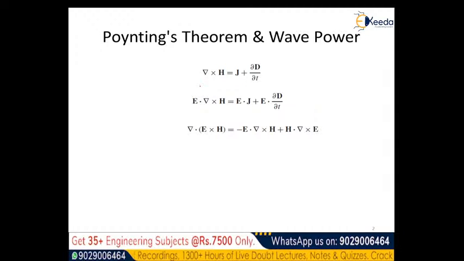So now you see this is the vector identity where we have dot multiplication with the vector spatial derivative operator denoted by del, with the bracket where we have the cross product of the two vector quantities describing the field intensities of electric and that of the magnetic fields here. So here it is del dot of E cross H here, that is equal to, the first term is negation